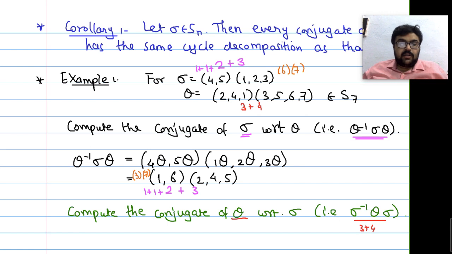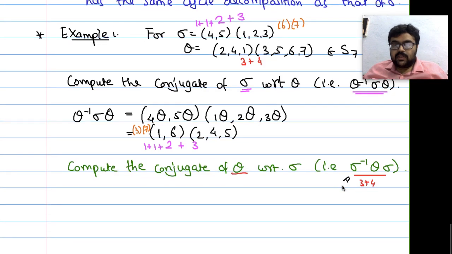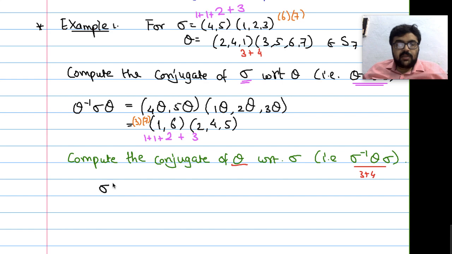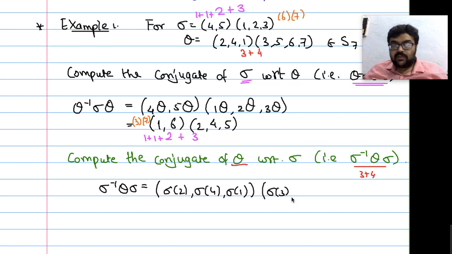So what will be in fact sigma inverse theta sigma? Nothing but apply sigma in theta. So what will this be? I'll give you a hint also. Let me write here. Sigma inverse theta sigma, what will it be? As we have seen before, apply sigma in theta. So if theta has the cycle 2, 4, 1, here we'll have sigma 2, sigma 4, sigma 1. This is the cycle. And here we have the cycle 3, 5, 6, 7, so we have sigma 3, sigma 5, sigma 6,